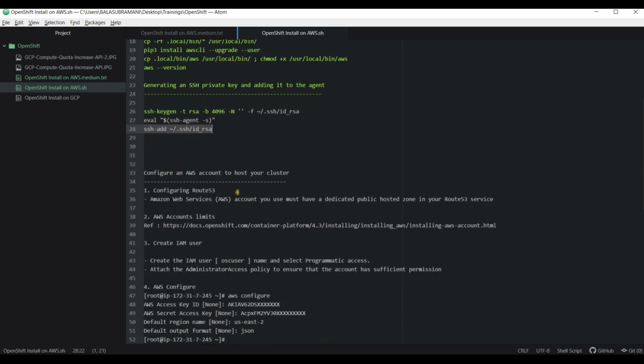Let me configure the AWS account to host our OpenShift cluster.